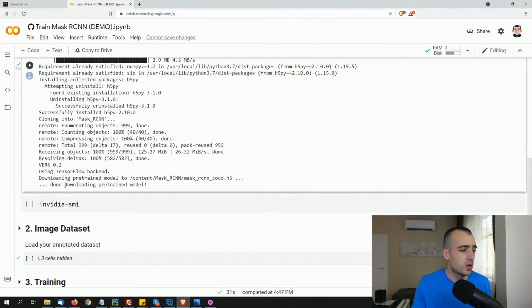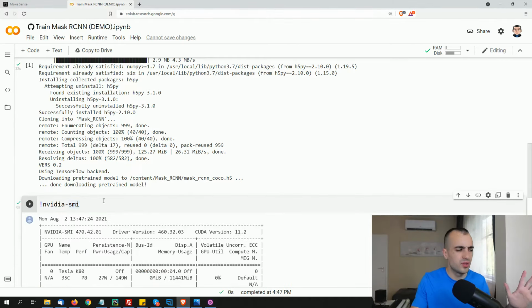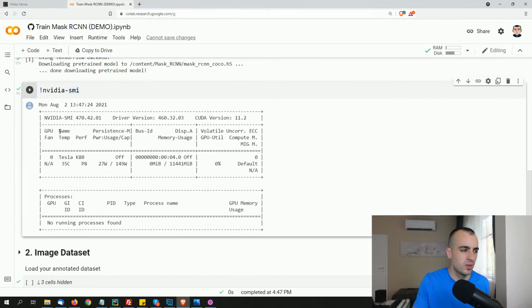When you see this "done downloading pre-trained model" and it is not doing anything else, you can go to the next step. I've added this command, which is NVIDIA SMI, just to see if you have the graphic card enabled. You don't really need to run this one. Here it's saying only that you have the graphic card enabled. So this is the name of the graphic card, Tesla K80, with 11 GB of RAM, but you don't really